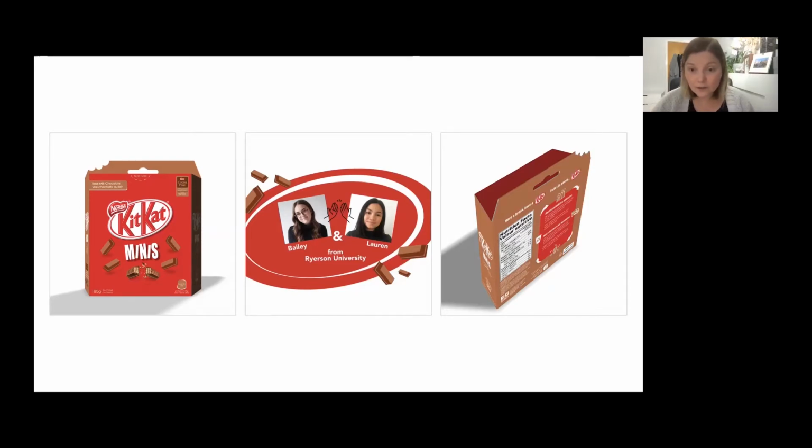There were 8 other schools that competed. And so there were 8 other Kit Kat packages to consider. They had a sort of sustainable slant on this. So they were thinking about how they can change the Kit Kat family size pack from a pouch, which is not very sustainable. It goes in the garbage. We can't really recycle it, to something a little bit better. So this is a box, right? So paper we know is highly sustainable.